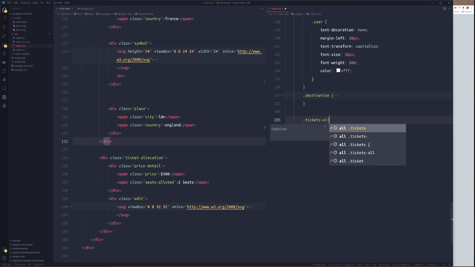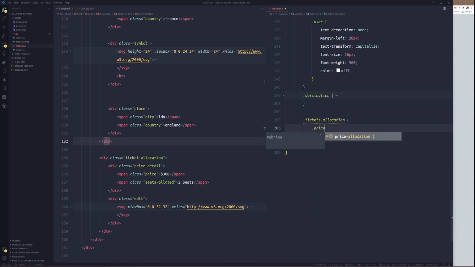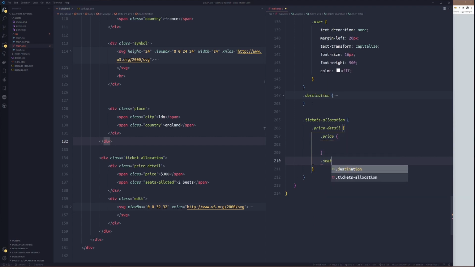So ticket allocation, then price detail, seats allotted. Then just after the price detail here, we give edit. Okay.